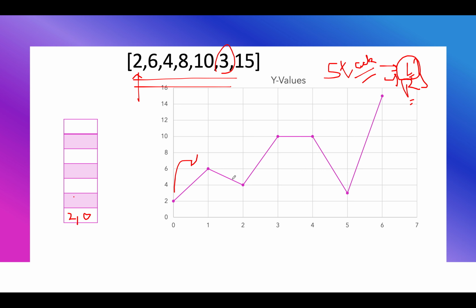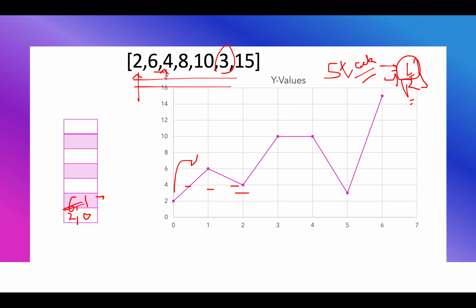So we added 6 comma 1, and then we have 4 comma 2. Since the peak value is greater than 4, that means you need to remove this because that resulted in a peak and there is a mismatch of sorting order. This should have been replaced here if the array had been sorted.